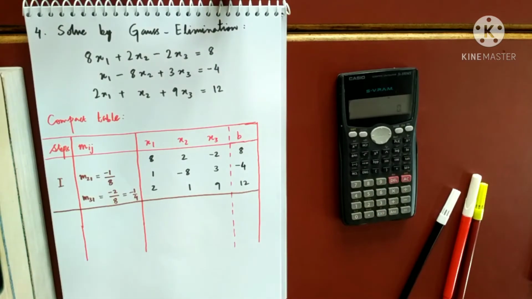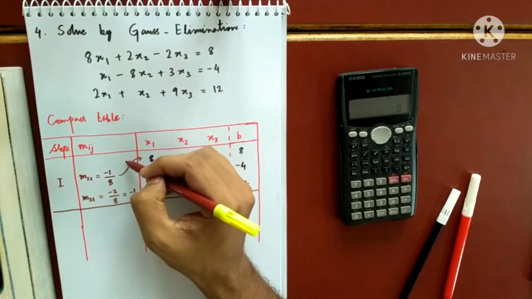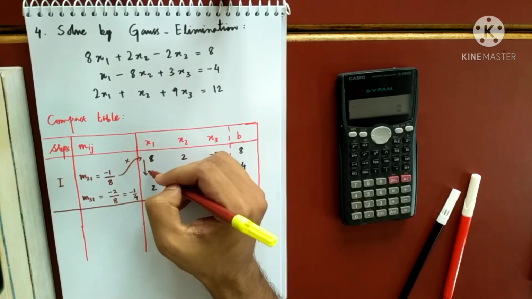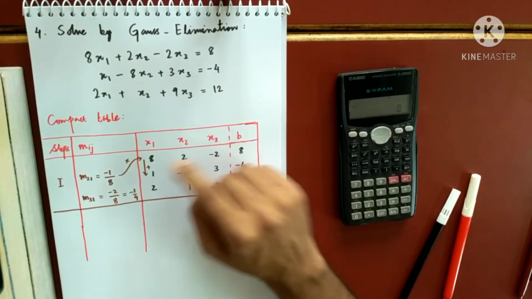So remember that I will have to multiply this here and add this to this one. Keep that in mind. This is the process. You don't draw this in a table. I am just explaining. You multiply this by this and add here.